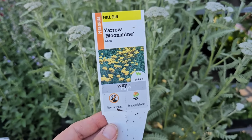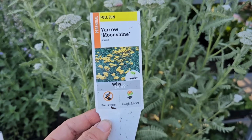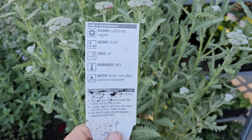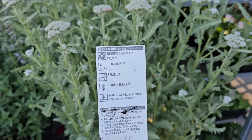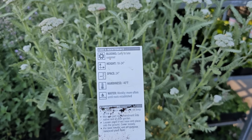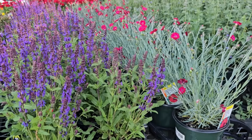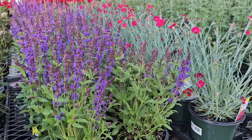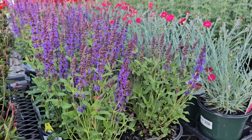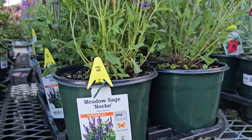Here are the specs on yarrow Moonshine. It is a perennial for full sun. It is deer resistant and drought tolerant. It is upright growing and it blooms early to late summer. It gets to be 18 to 24 inches in height, and it is hardy down to negative 40 degrees Fahrenheit. And here's another beautiful upright spike type perennial. This is salvia, also known as meadow sage, and the variety is called Noche,